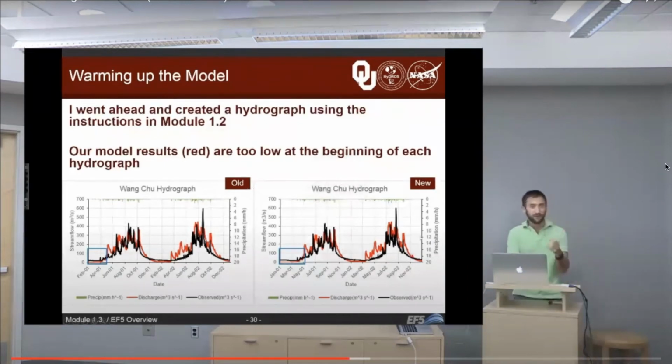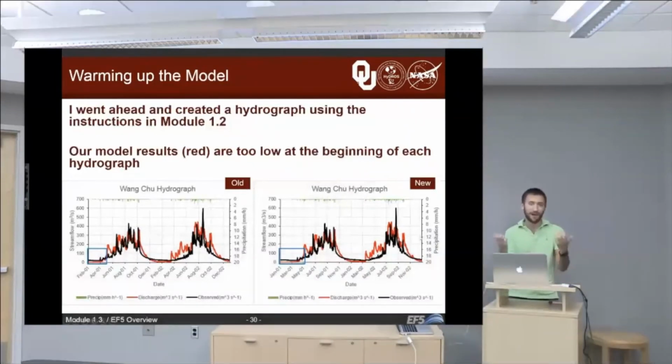So using the instructions from Module 1.2, and just to practice my hydrograph making skills, because again, that's always an important skill to have, I went through and created a new hydrograph without the warm-up period. So that's on the lower